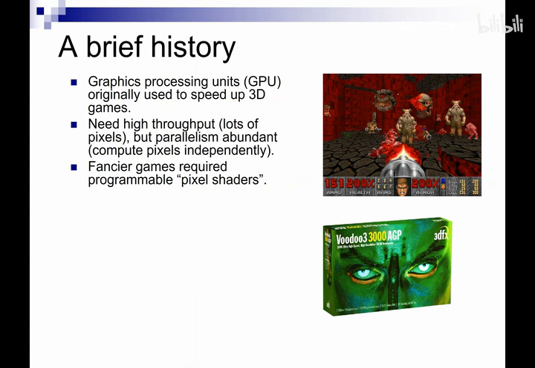So we have to go back about 25 years to the mid-1990s. That was the time when the first generation of 3D games were appearing. And back then, computers were a lot slower, so you couldn't actually run these games very well on a computer. And so people decided that they needed to create some sort of dedicated hardware to run these games. And so that was how these graphics processing units came about, as co-processors for the CPU to run these